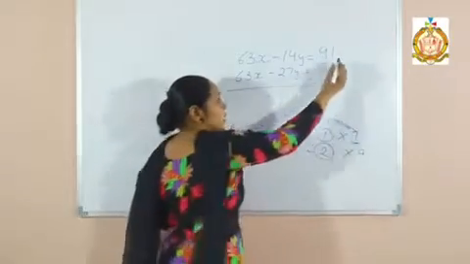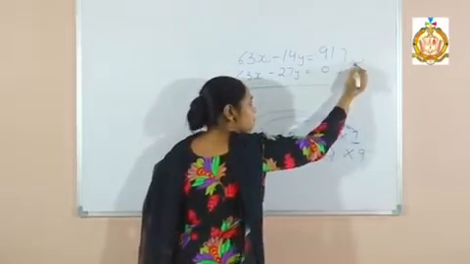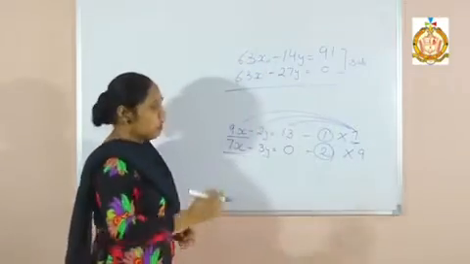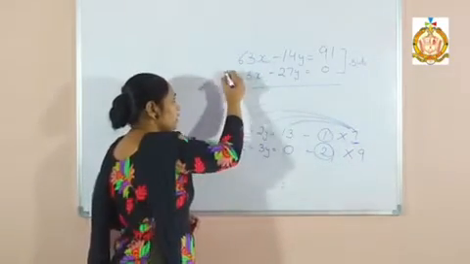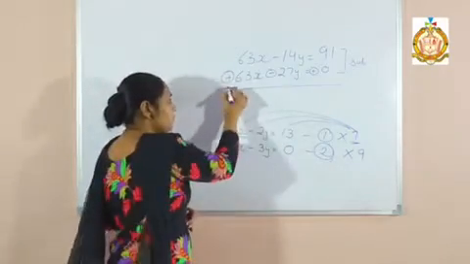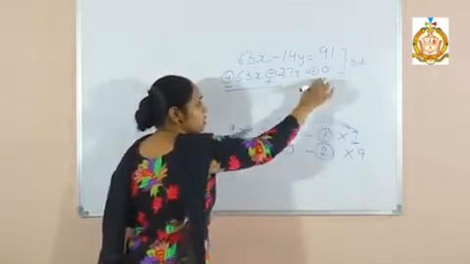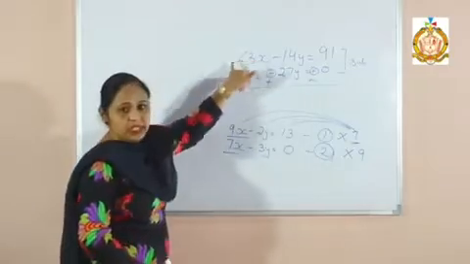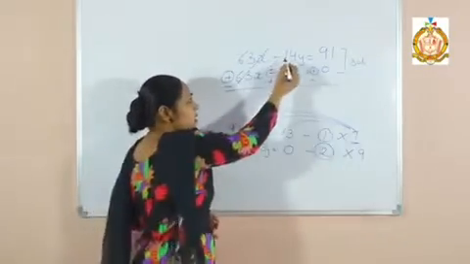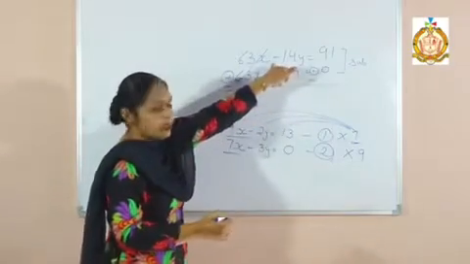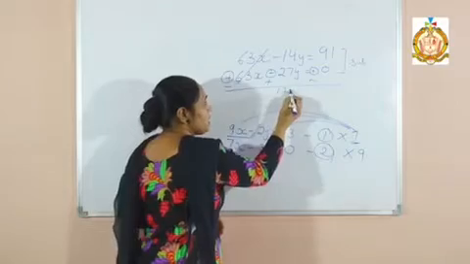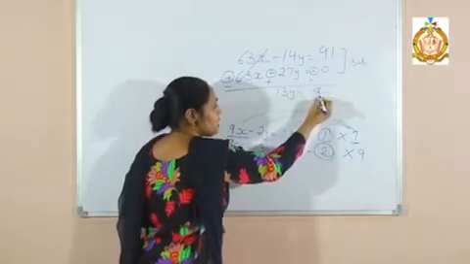Now next step of mine, that is subtract. I have to subtract this second equation from the first one. Now what to do? We will change the sign because we have to subtract. Positive becomes negative and negative becomes positive. Now this is positive, this is negative, that means these both will be cancelled. Now this is plus, this is minus. Plus minus minus, 27 minus 14, then it becomes 13y, and equals to 91.